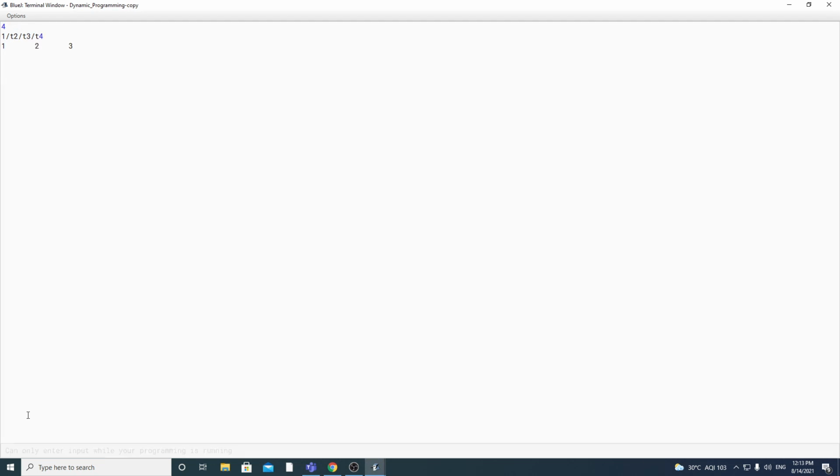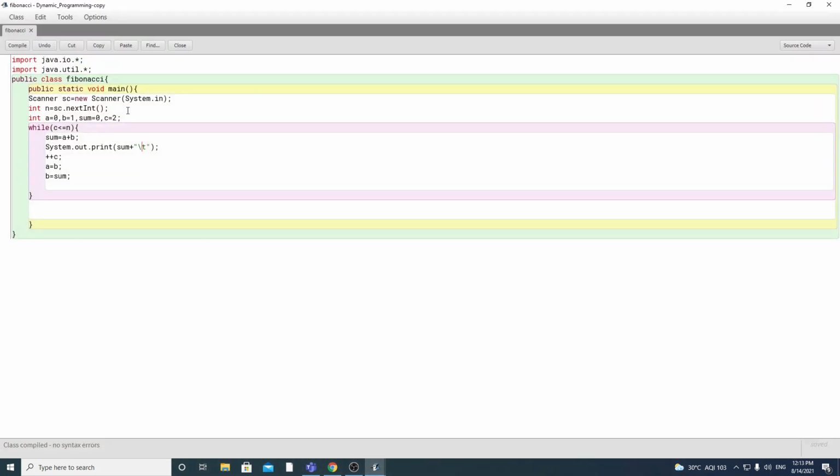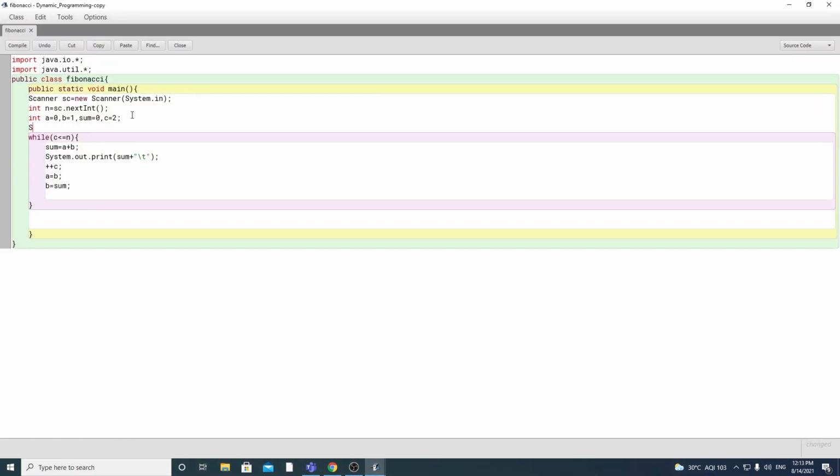So again, we need to provide the input. So here it is. We are getting the output as 1, 2, and 3. Where is 0 and 1? It's not getting printed or what? It's just because I did not print the previous values before. So all I need to do is just go back here,